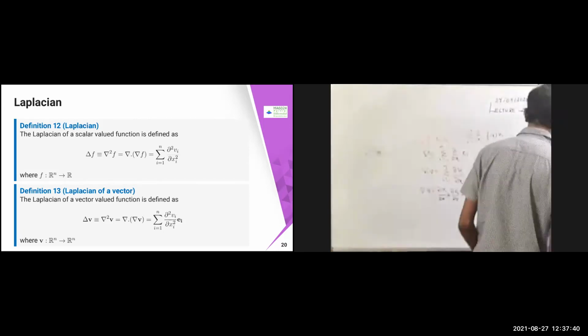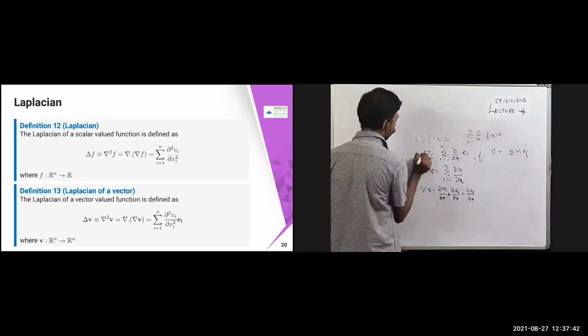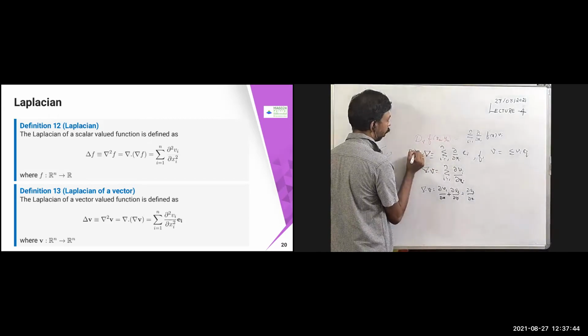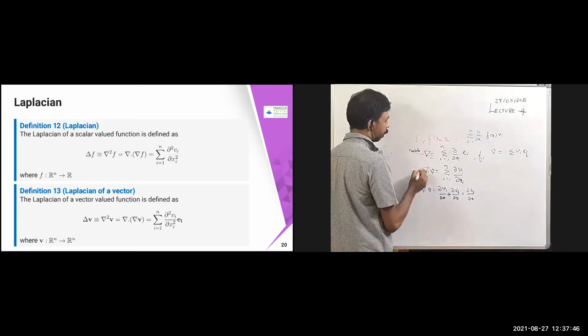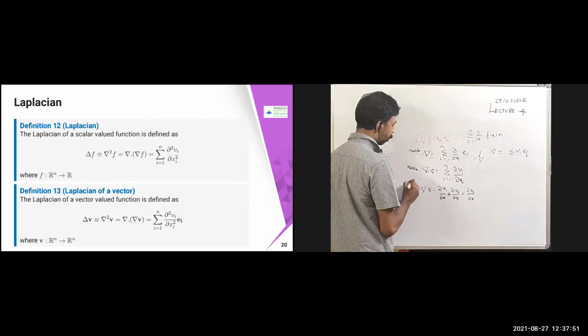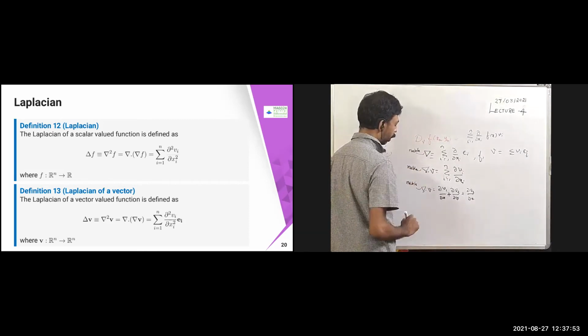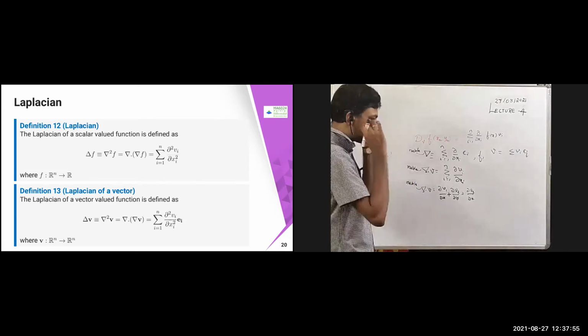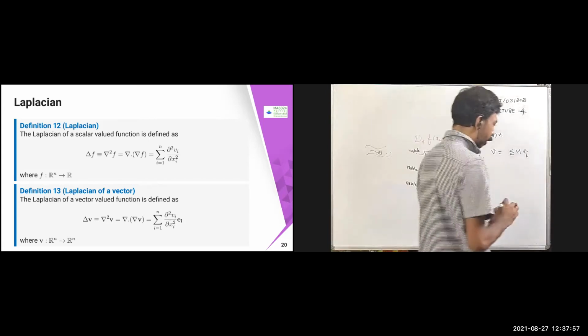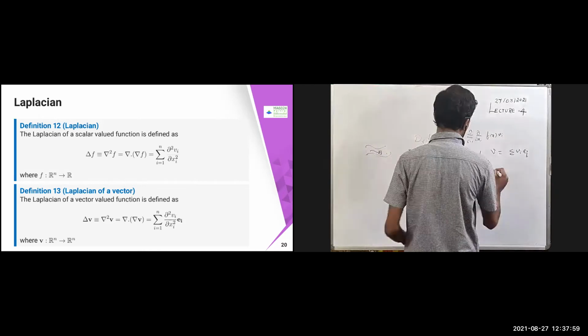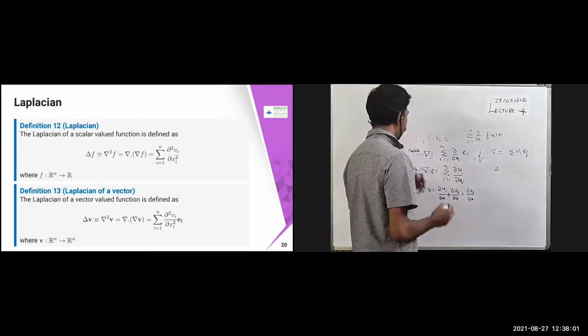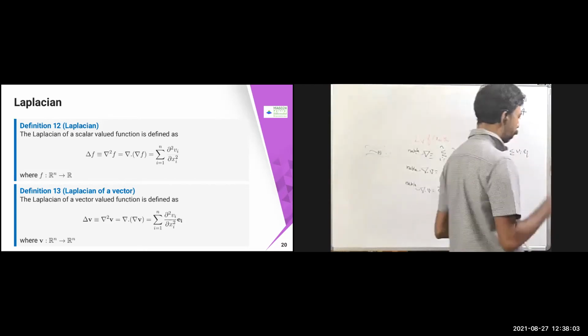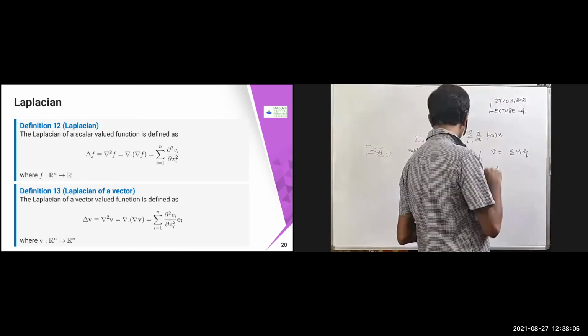Actually, this operator is called nabla. Gradient, this is called nabla. Any time I say del, just remember that this is nabla, because I used to confuse the reversed triangle with delta. This is delta. This is called nabla actually. If you type it in LaTeX, you type \nabla, then it will come.